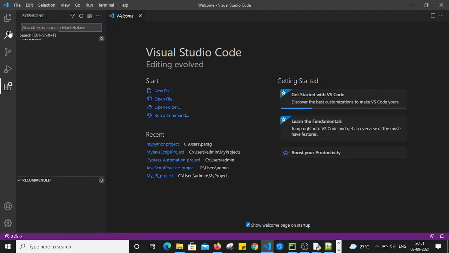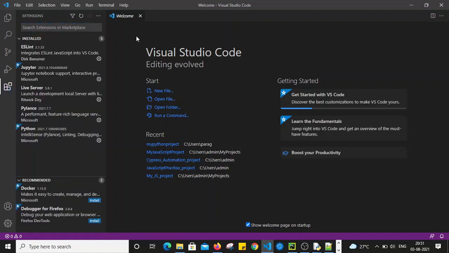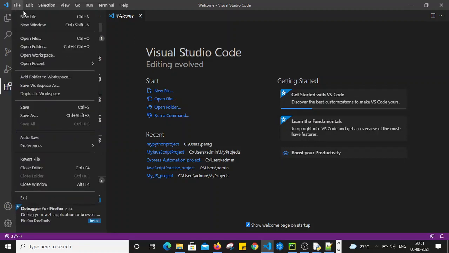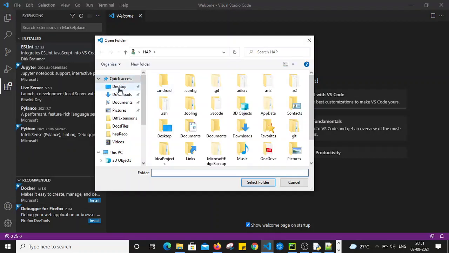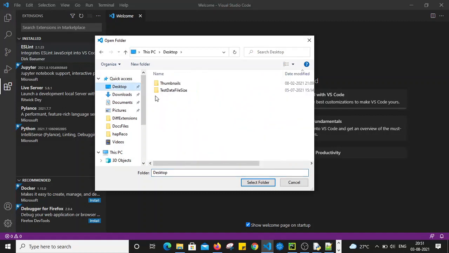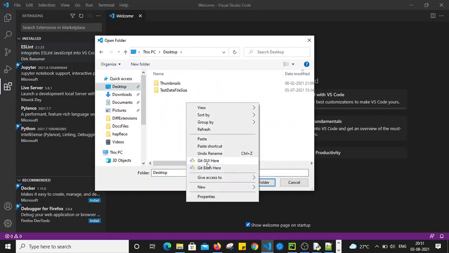Once you complete installing that extension, you can create a new project. I'm just going to open a new folder.